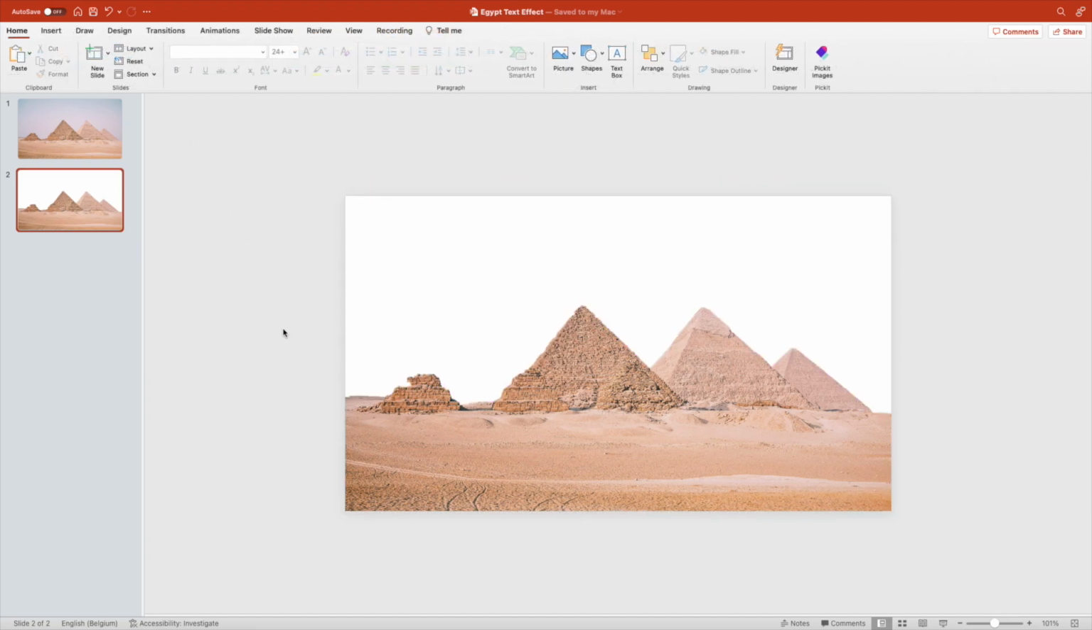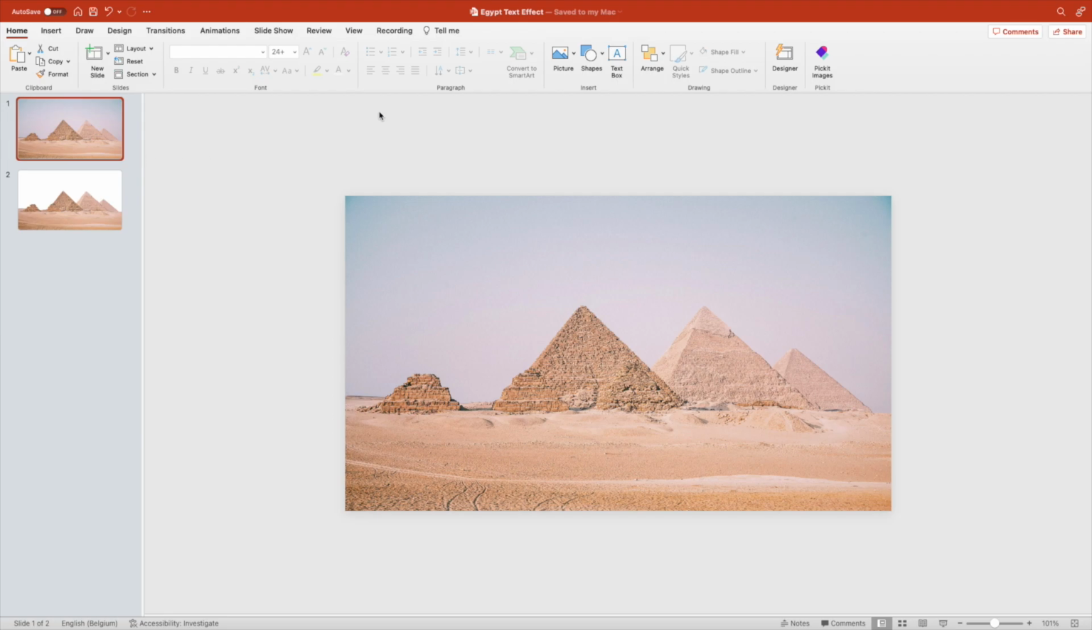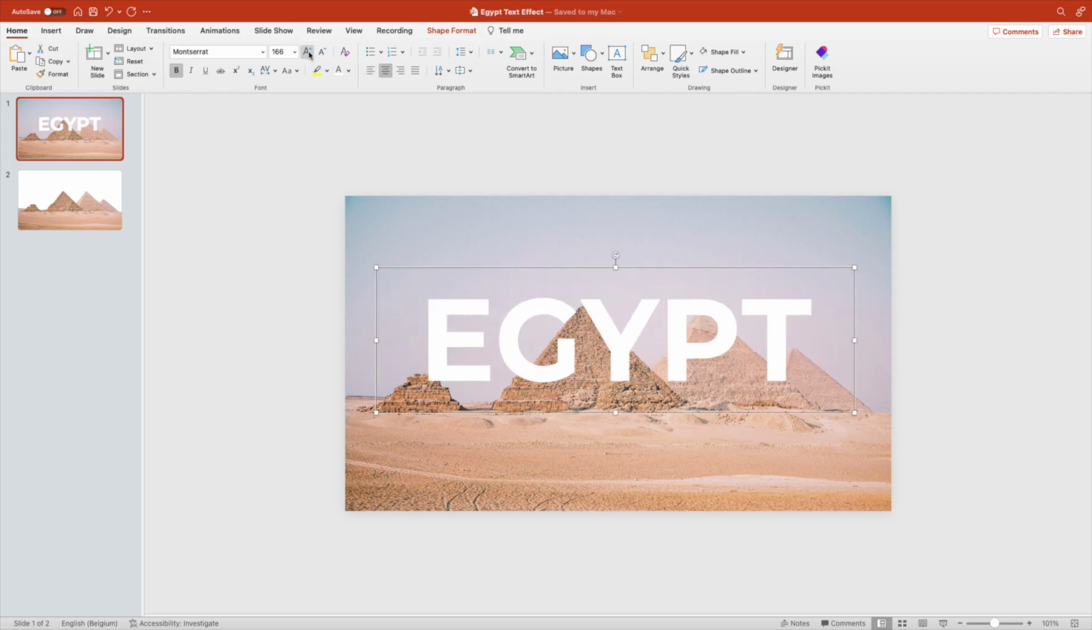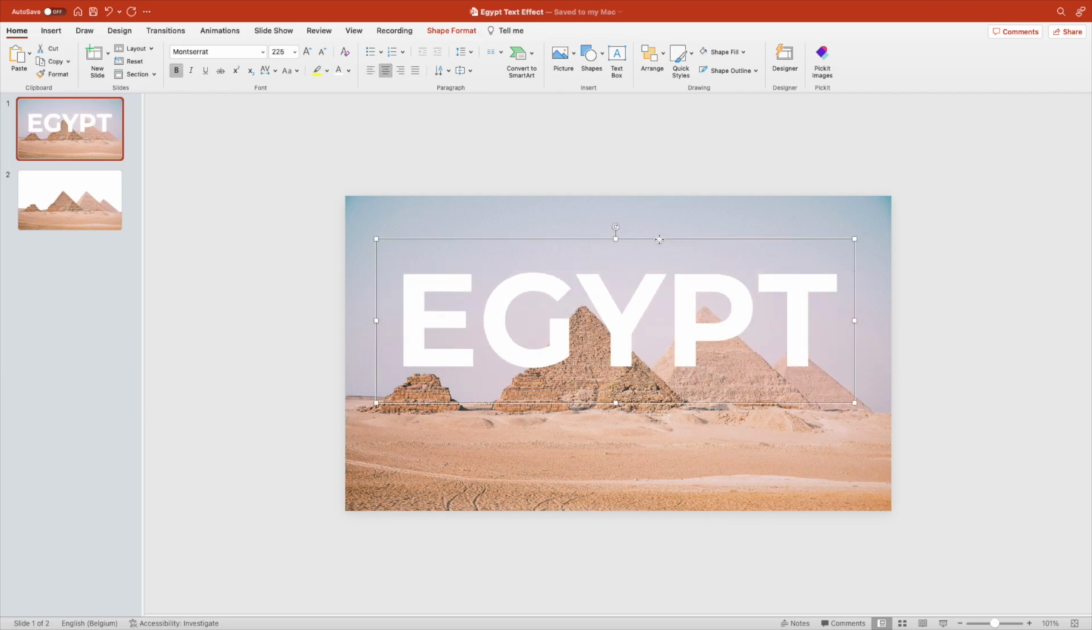Go back to the first slide and add the text. Add a text box, type in the word that you want, in our case Egypt, and increase the font by quite a lot. I'm using Montserrat here and font size about 225. Duplicate the word,